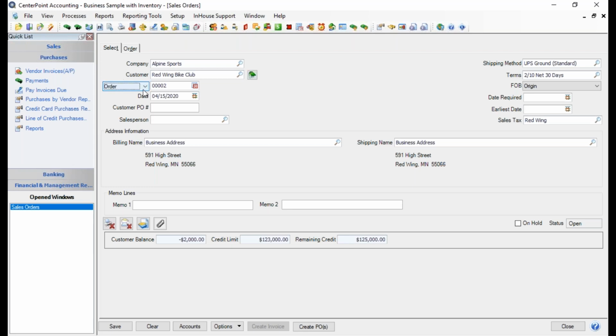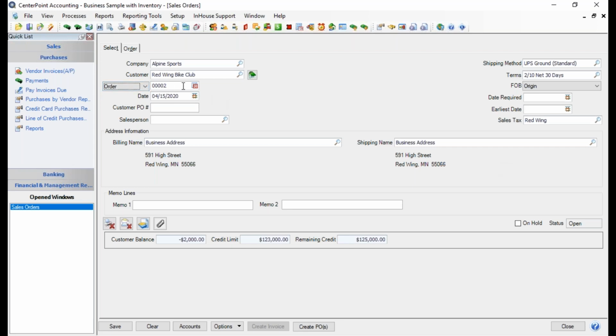After selecting the customer, it comes down to this field here where you get to select whether or not you're entering in a quote or an order. Basically, the difference is that when an order is entered in, the customer has already agreed to purchase the items, and entering in the sales order will commit any inventory items to that customer. So a quote is simply going ahead and quoting prices to a customer, but it's not making a commitment of any inventory items. So we're going to go ahead and enter in a sales order, and